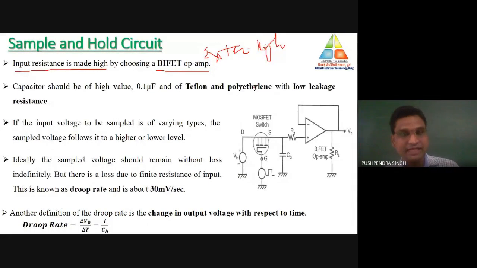Now the fourth important consideration is which type of capacitor we should use. Why are we concentrating on the capacitor? The capacitor is the sole important component of the sample and hold circuit. What we have seen over here is that during the holding time, the voltage or the charge stored across the capacitor is constant. Why is it constant? Because we assume that there is no leakage in the capacitor. But suppose there is some leakage. When there is a leakage, then the voltage across the capacitor will not be constant, and we don't want this.